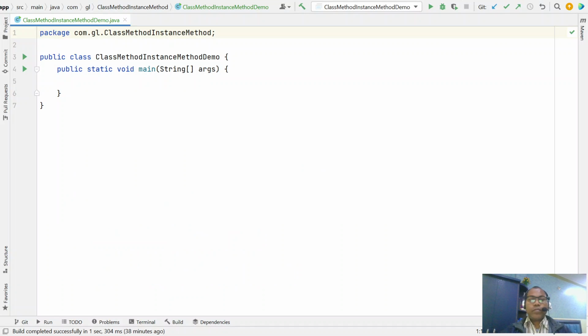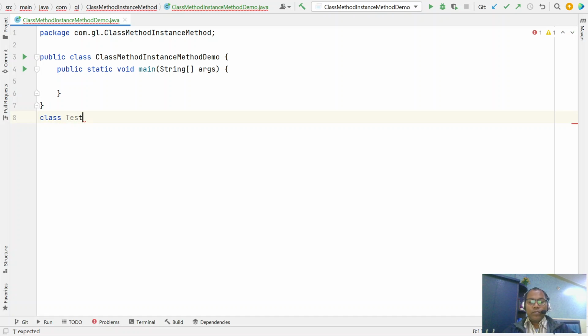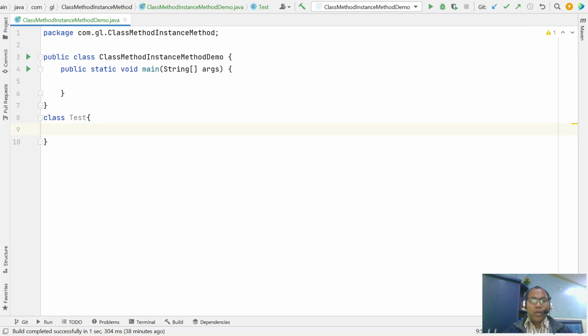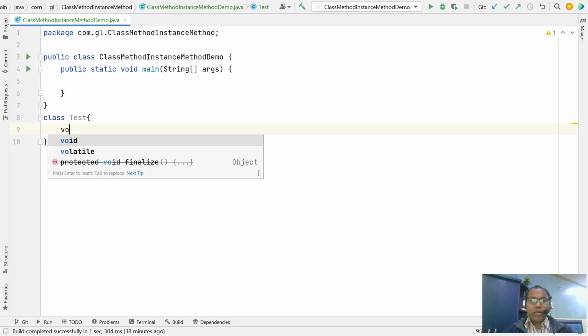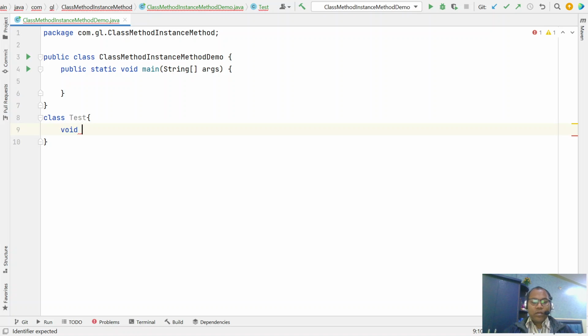Let us take an example. We write one class, maybe Test. In this class you can write any method, maybe a static method or otherwise. Let us write one method like void instance method. Okay, that is one.